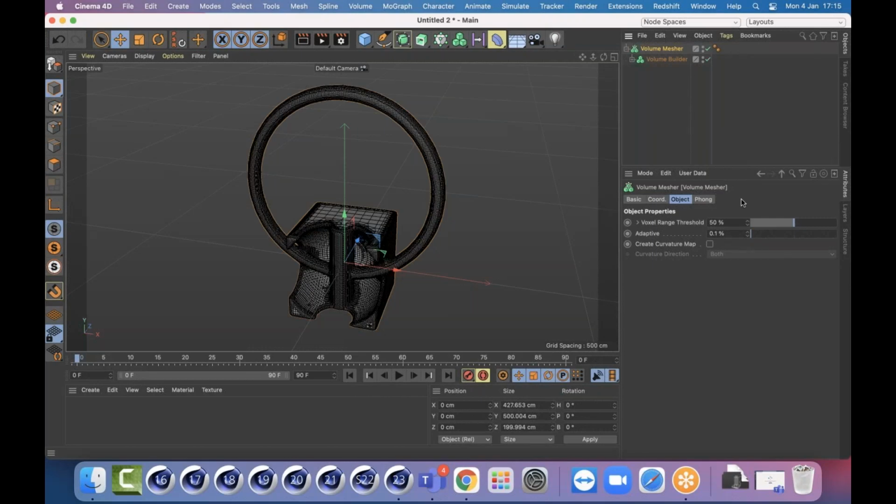Output for me, if I'm perfectly honest, I do a lot of 3D printing, with plastic printers and resin printers. So I need to make sure that my mesh is kind of watertight, and I can also do thicknesses and things. Plus, it makes life easier if I'm creating shapes. But half the time, I will mix the two. So I will do very basic polygonal modeling to get shapes that I need, and then I will shove it in a volume builder to merge everything together, which will enable me to print it